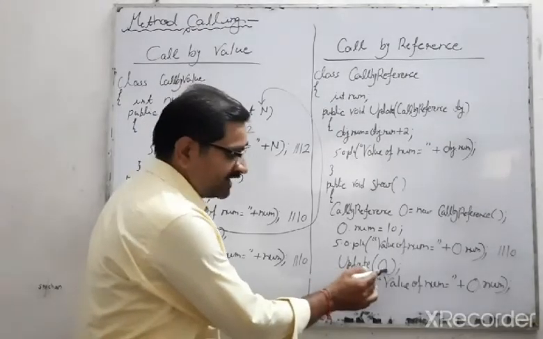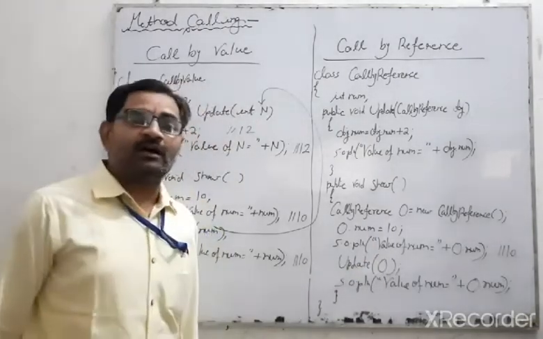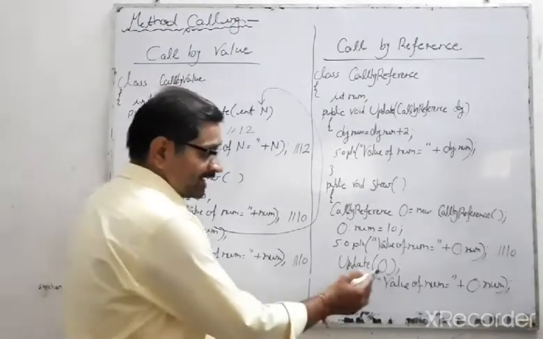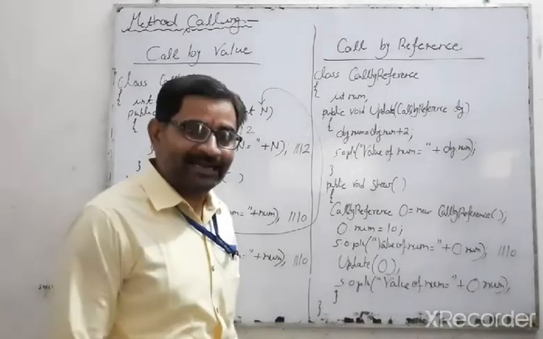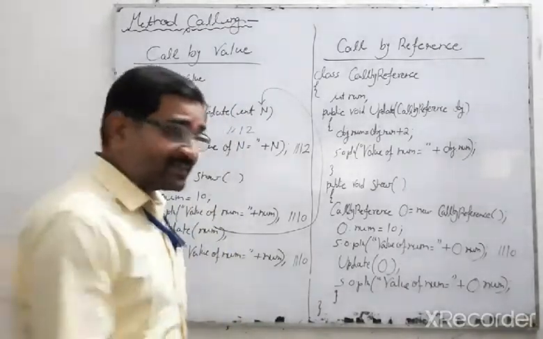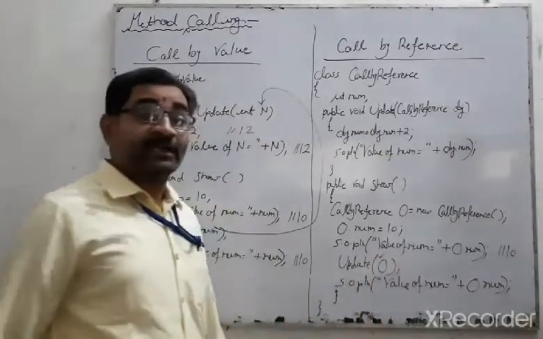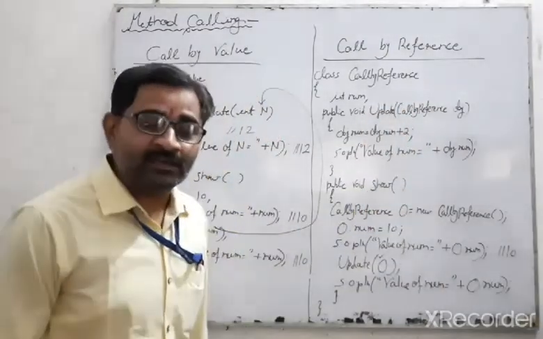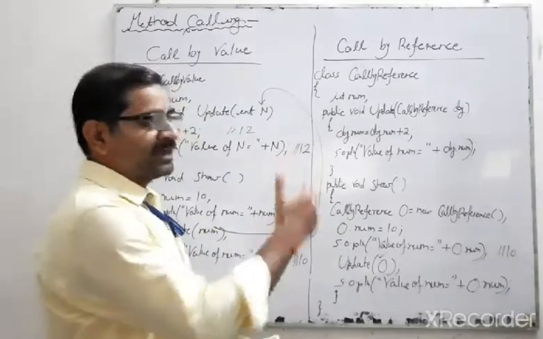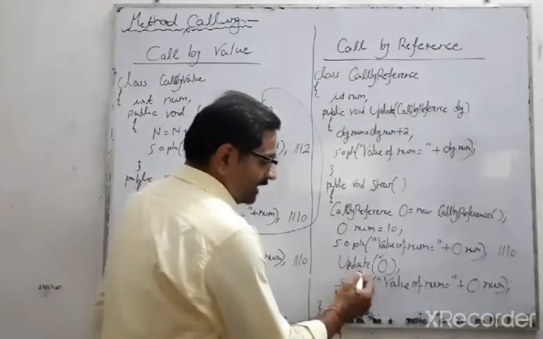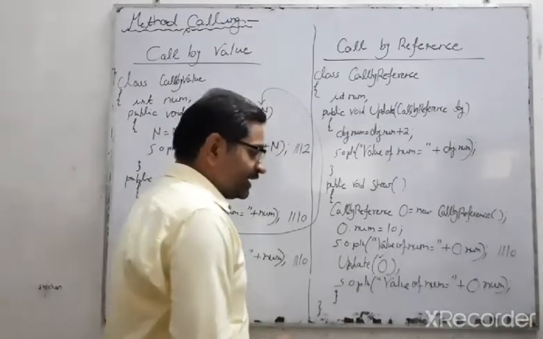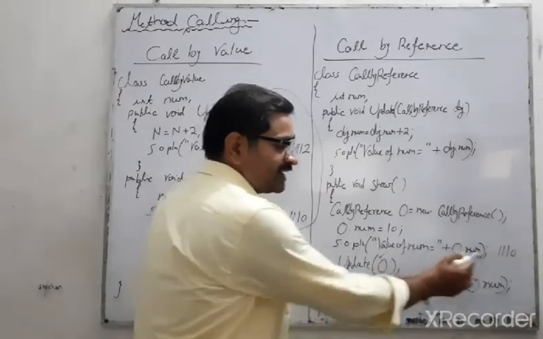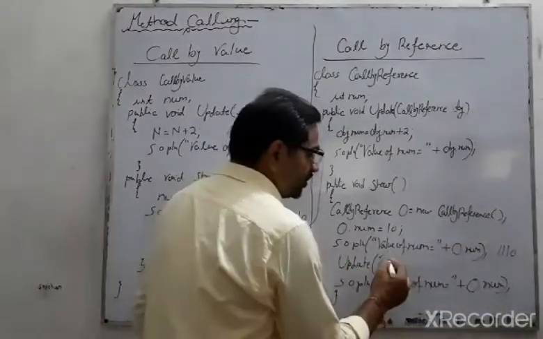And in case of call by reference, when we call a method, we pass the value of a non-primitive data type like a class, arrays, etc. So here we pass an object of a class. The actual argument is an object, which means the formal parameter should also be an object. So you can see here, now when you call this method, the value of o, meaning the value of o.num, which is 10, goes to the